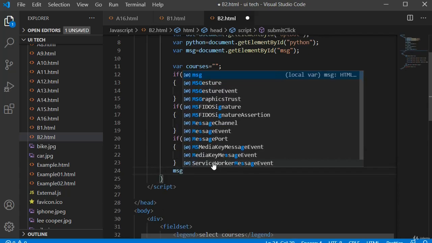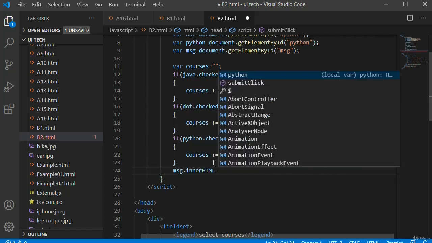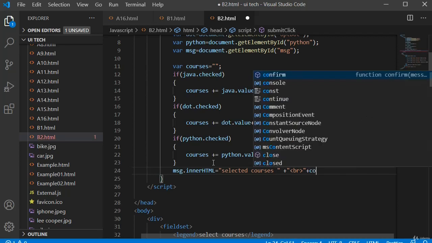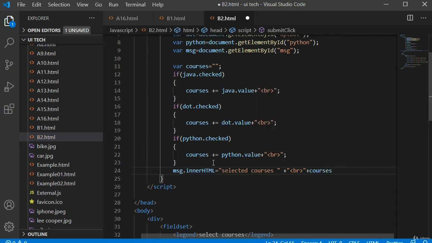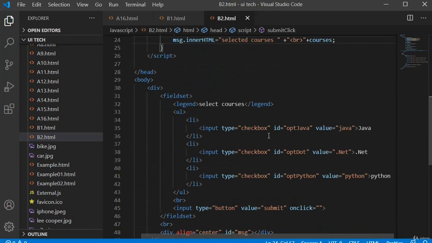Then msg.innerHTML equal to selected courses plus BR plus courses. Just save it. What we are doing here is, if the user checks, I am using 3 checkboxes: Java, .NET and